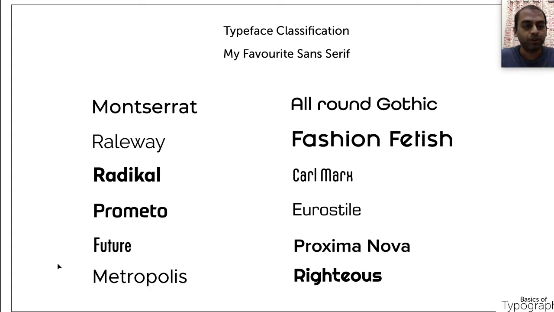So if you are going to design a business card and letterhead, in most cases I go for Metropolis font, and Raleway also looks very good at a smaller size, because Radical Medium looks very thick sometimes, and Radical Regular looks very thin. So that is the reason I avoid it for business cards and letterheads. But Metropolis and Raleway look very legible even at a smaller size.